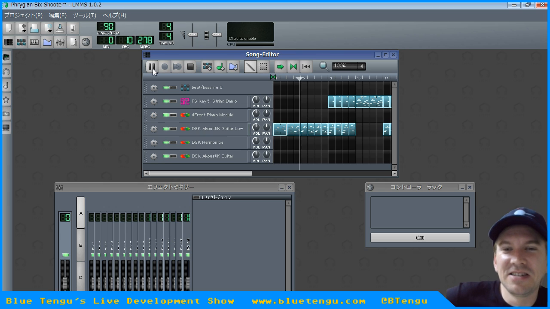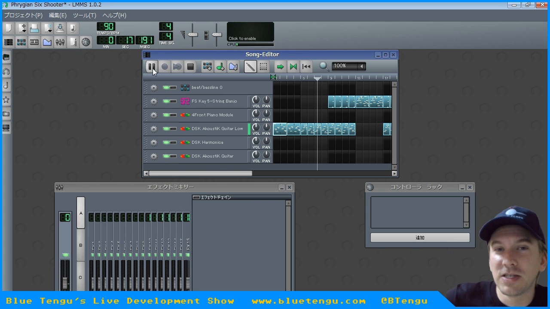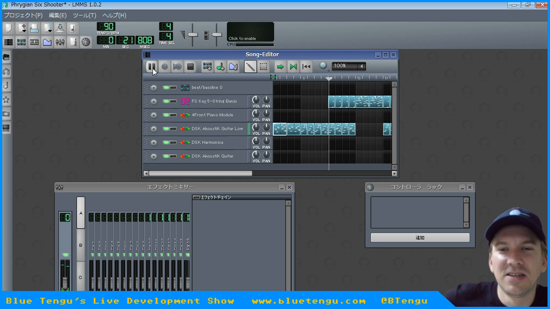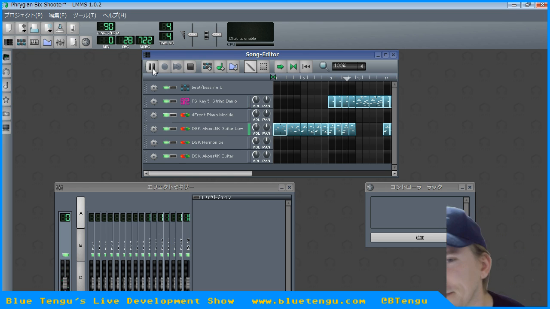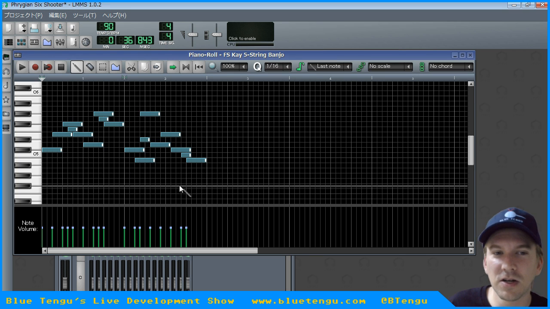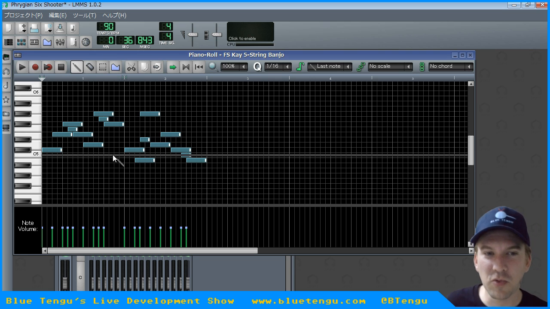Just by changing the key and following along. Adding a little echo, of course, as an effect, but it sounds a lot more ominous. It's definitely not cheery. And depending on how you like music, I suppose it might sound pretty awful to you, but